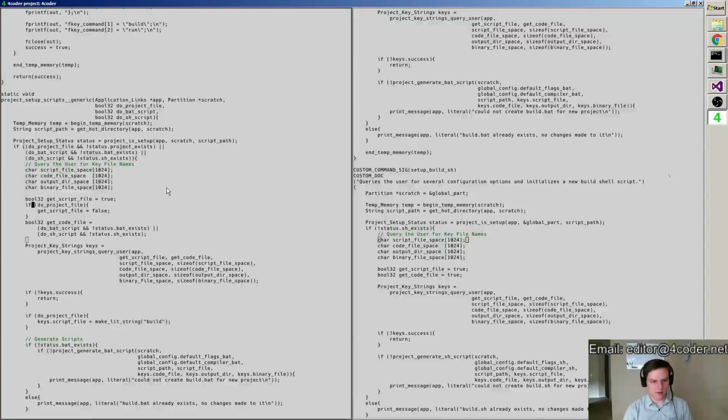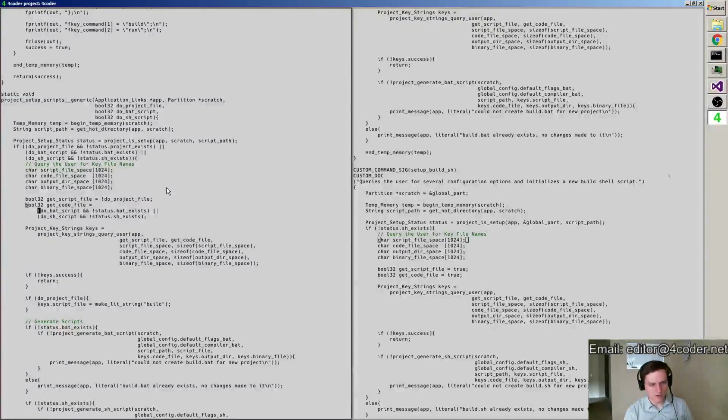So I guess, okay, let me rewrite that. That up there is, we get a script file if we're not doing a project file. We do a code file if we're in one of these cases. And great. So now,